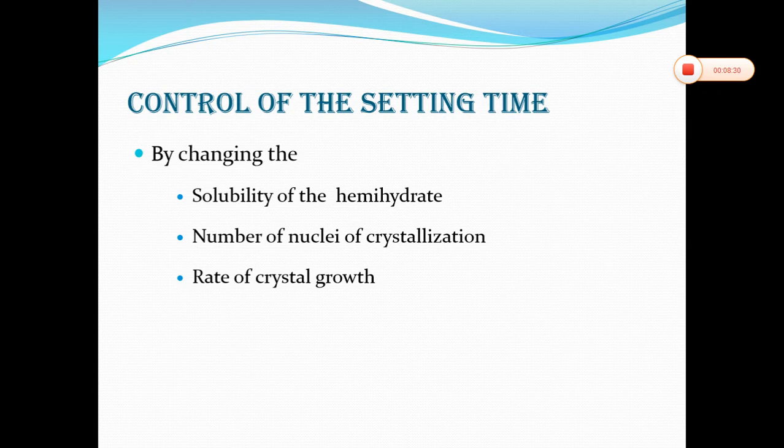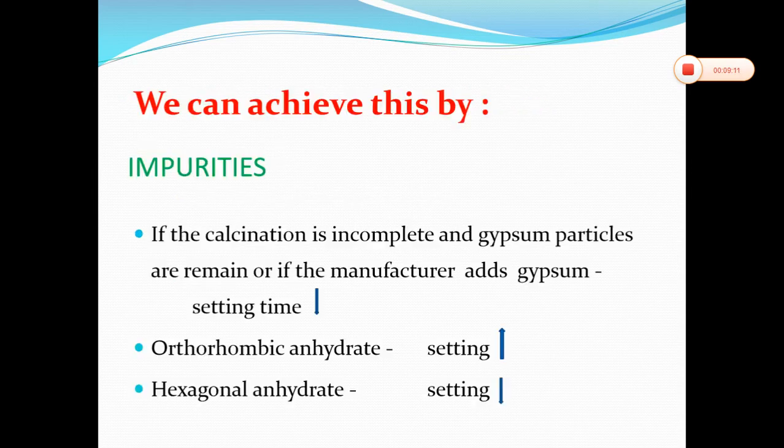If you take the water powder ratio as an example, if you take more water, the number of nuclei of crystals will be less per unit volume. So with fewer crystals, more time it will take for setting. If you take less water, per unit volume there will be more nuclei, so it will set very fast. Then the rate of crystal growth: the faster the crystal grows, the faster the setting, or acceleration of setting. So slow crystal growth retards the setting, or prolongs the setting time.